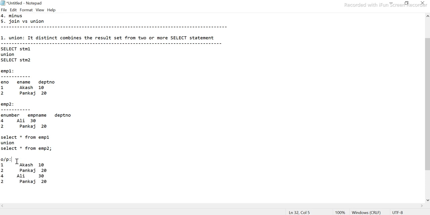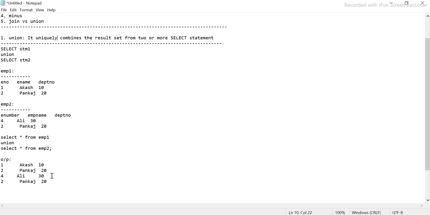But guys, this is not exactly right, because there is something called distinct. It combines the result uniquely, I would say, which means whatever is a duplicate row will not be considered in the union operator.